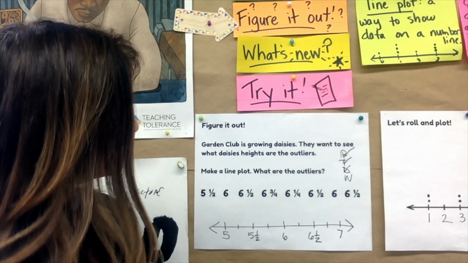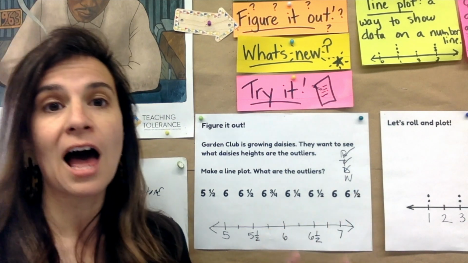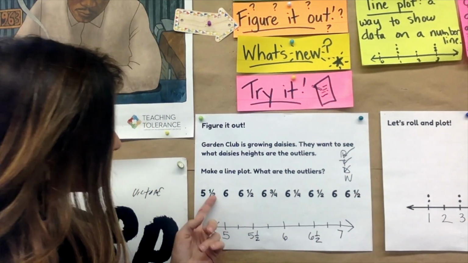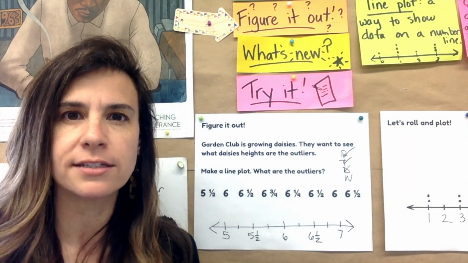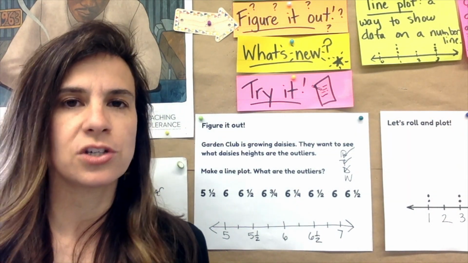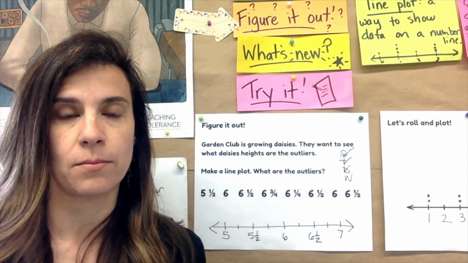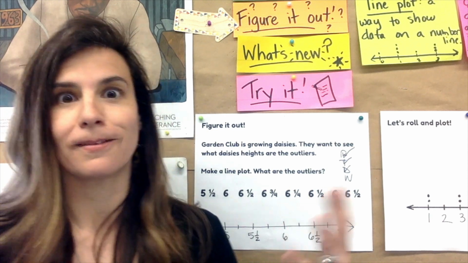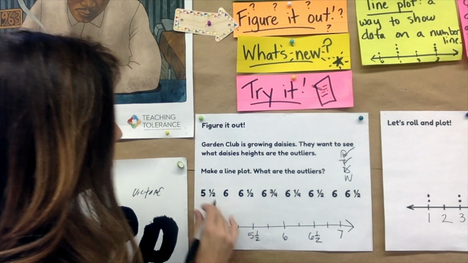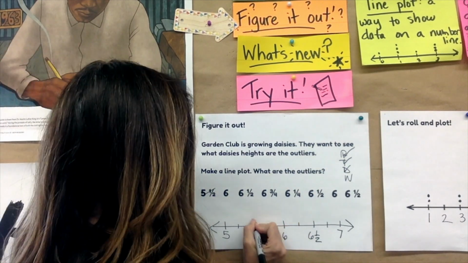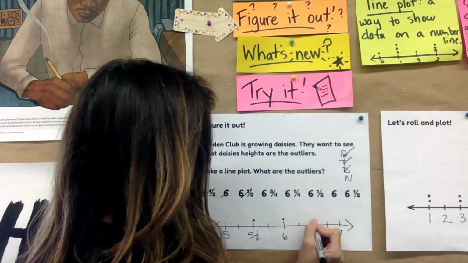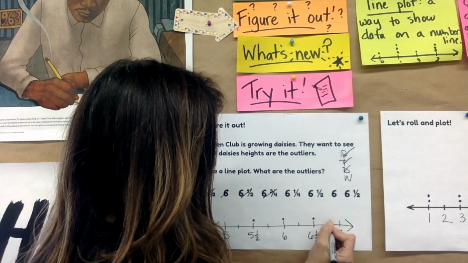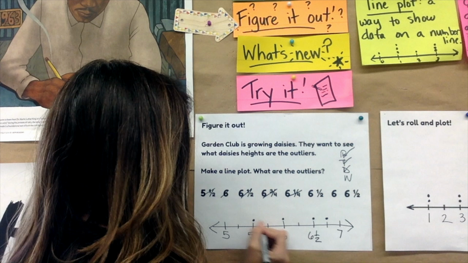So now we need to go through and think about plotting these numbers. So let's plot. One thing to think about is as we plot, we want to cross off the ones that we've done so that we don't get confused and accidentally plot them multiple times, because then we'd be left with data that is not correct. So let's start here. 5 1/2, 6, 6 1/2, 6 3/4, 6 1/4,